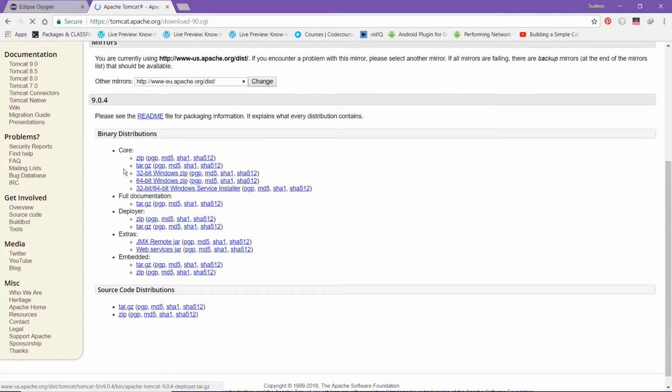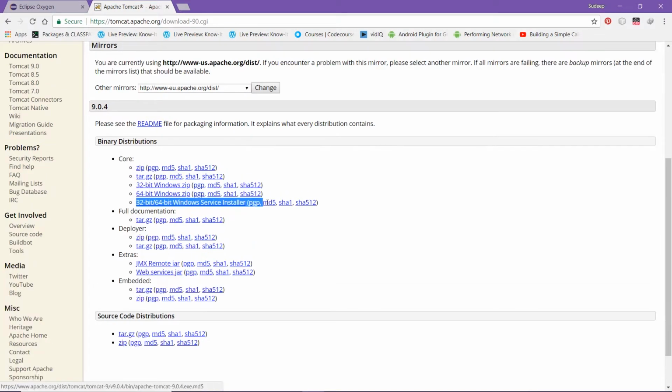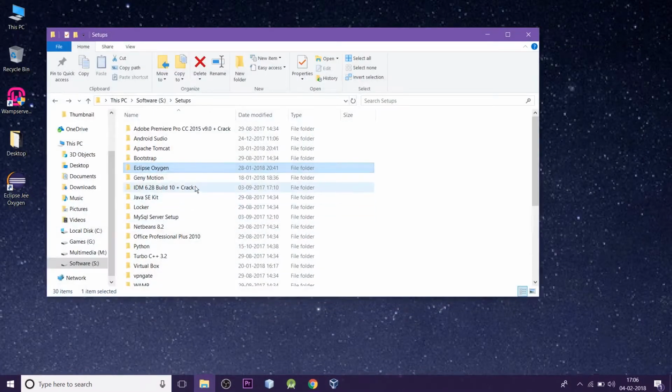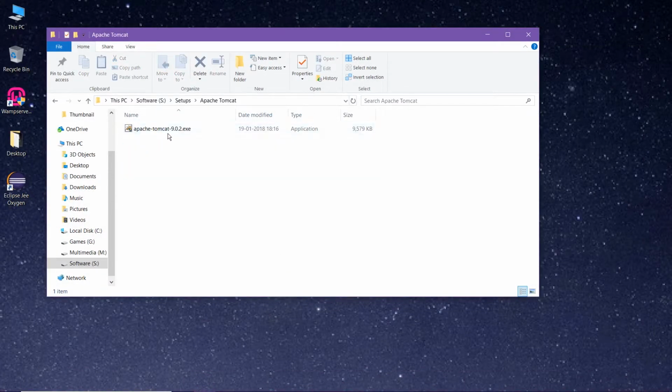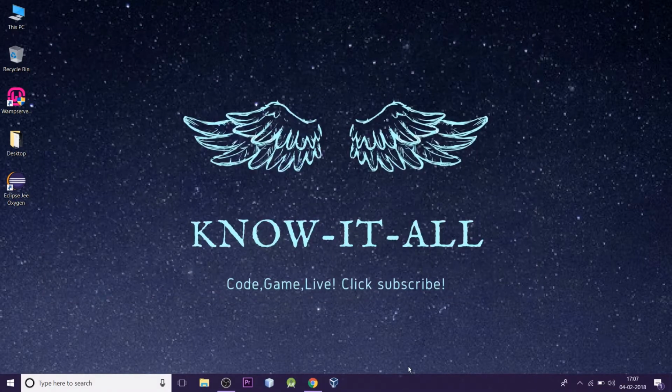and now in here is the thing that we need to do for installation. So click on it and it will start the download, but I already have a file, so I do not prefer downloading it again, so I'll open that in case. Now double click on it to run the setup. Now click on yes,